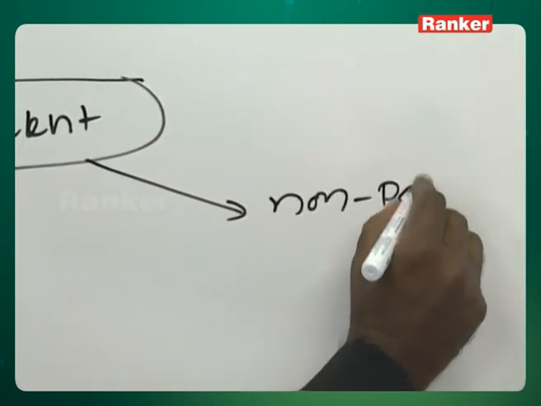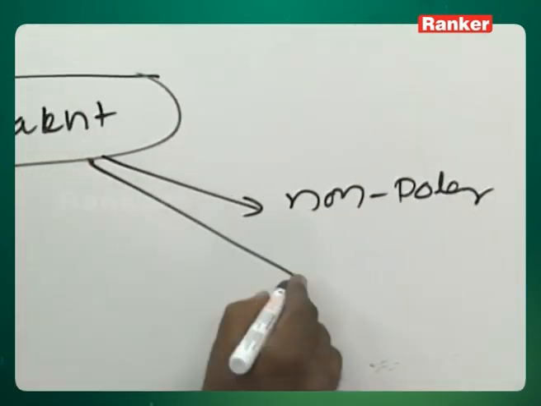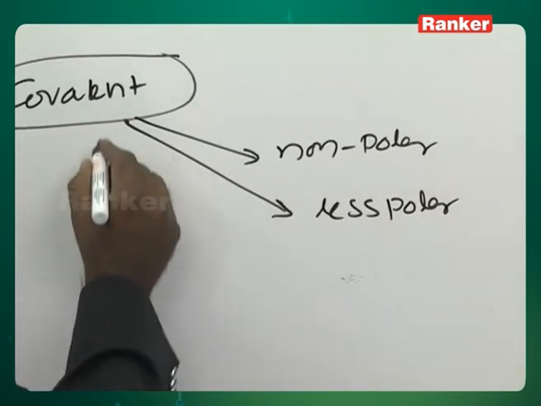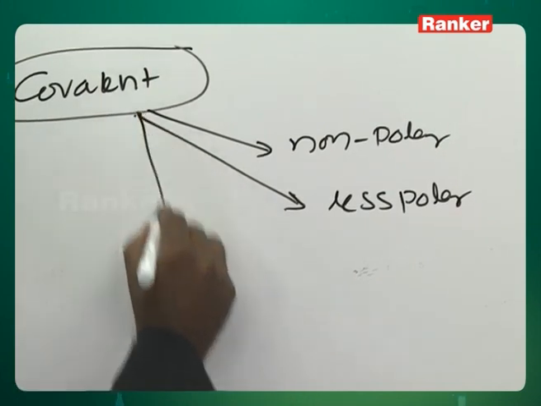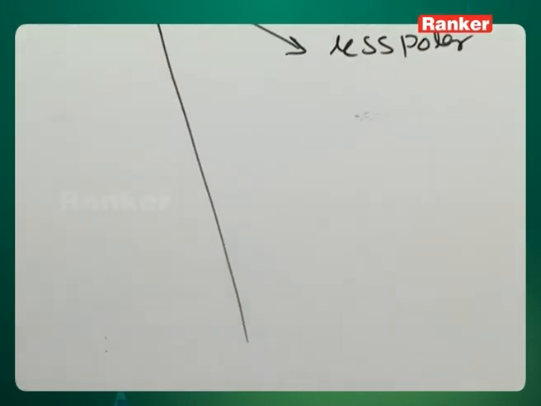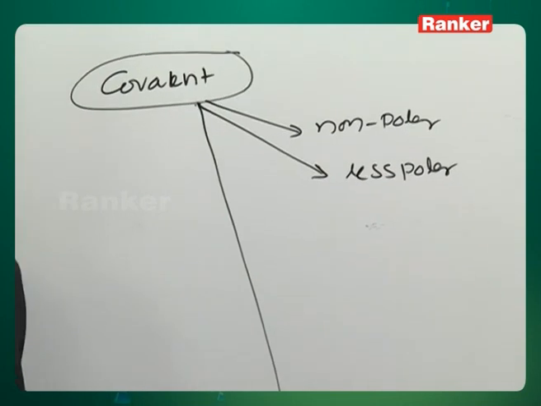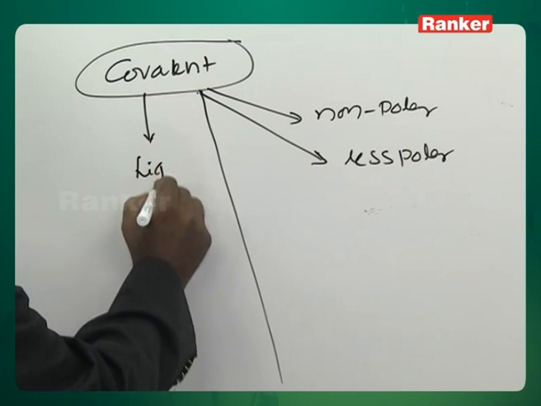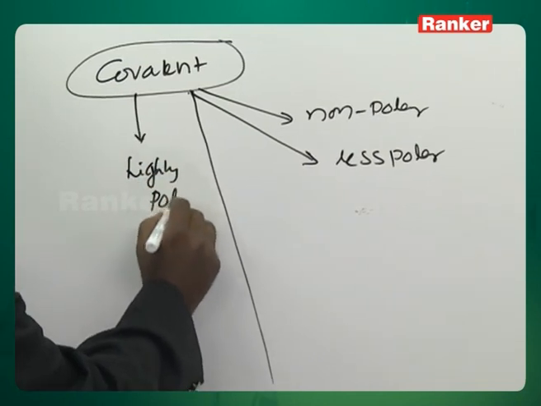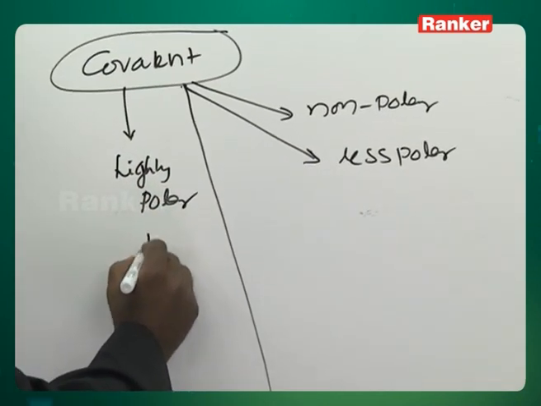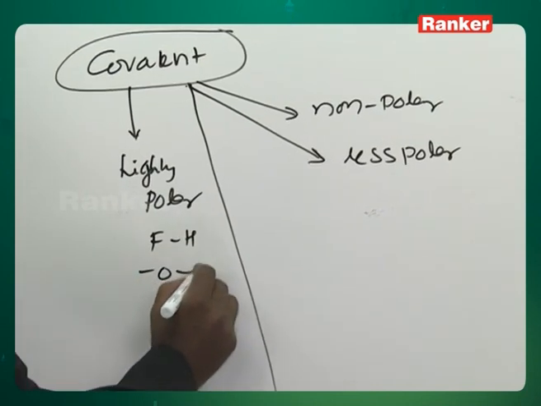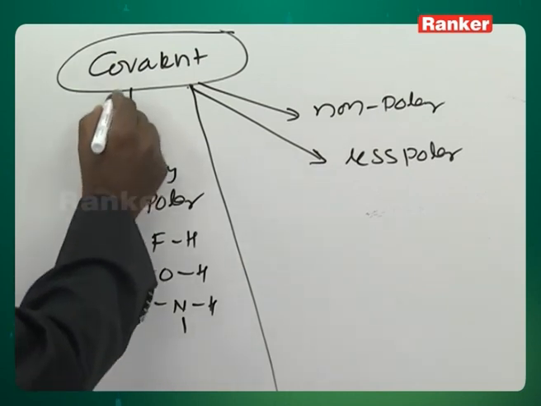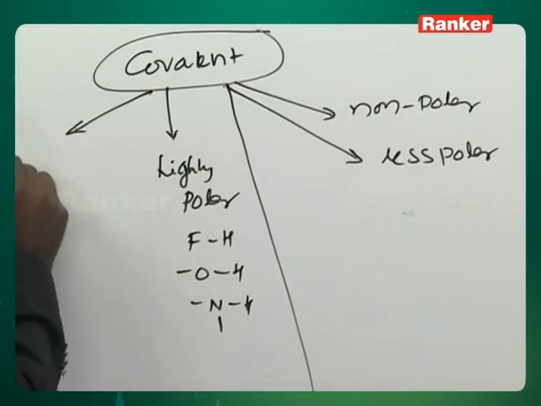Non-polar, less polar, and polar. These are the varieties of molecules: non-polar molecules, less polar molecules, and highly polar molecules, with FH, OH, NH bonds, and very highly polar,